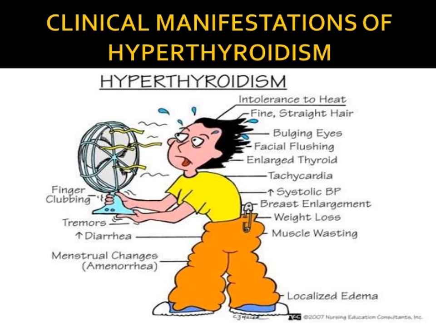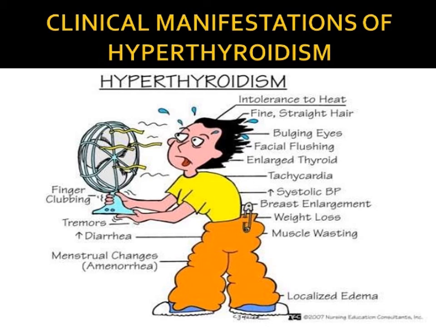Clinical manifestations of hyperthyroidism: the patient goes into a hypermetabolic state, in which there will be a high metabolic rate, so the patient has intolerance to heat, and there is an exaggerated sympathetic nervous system response, with the patient presenting with bulging eyes and a wide gaze due to sympathetic overstimulation of the levator palpebrae superioris, and patients with Graves' disease also have deposition of dermopathy.